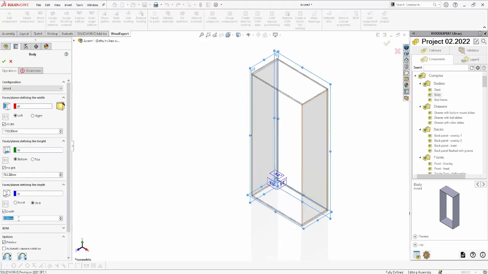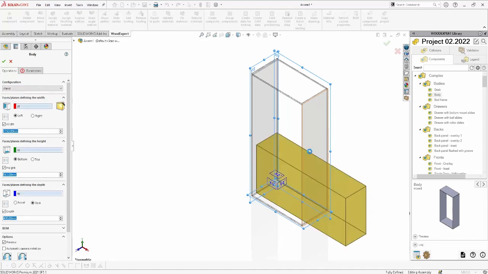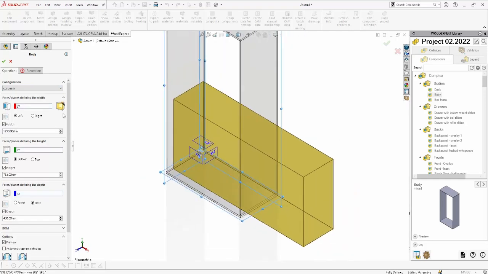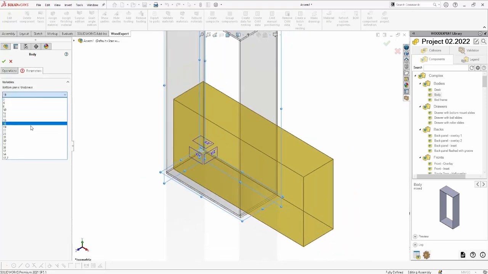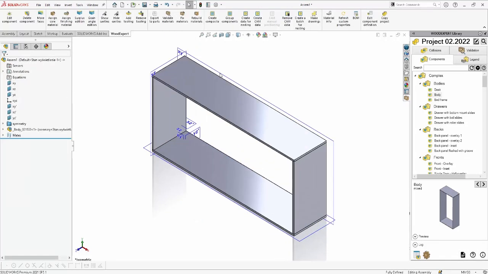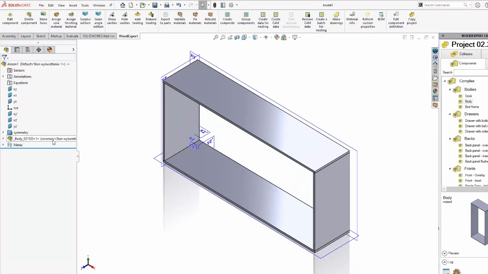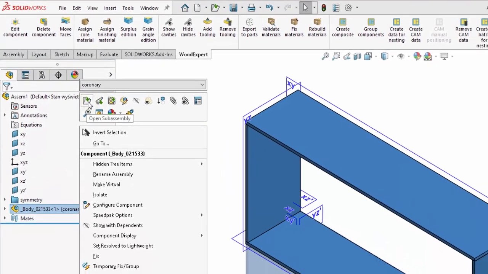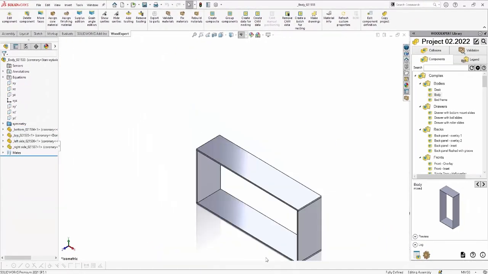Throughout this process, I have access to the preview, which shows the design geometry and updates it at every setting change. The Parameters tab contains thickness definition of each cabinet's board. I save the definition of my cabinet and move on to the next step, which is inserting the back panel